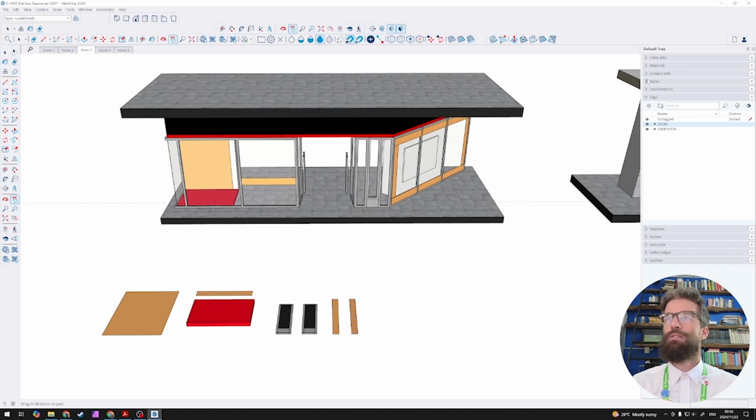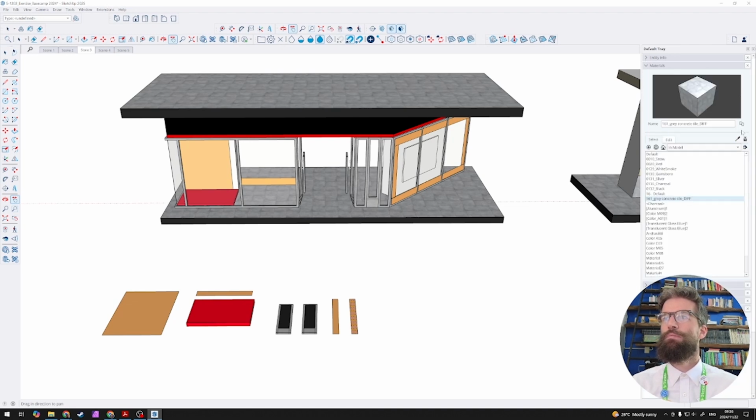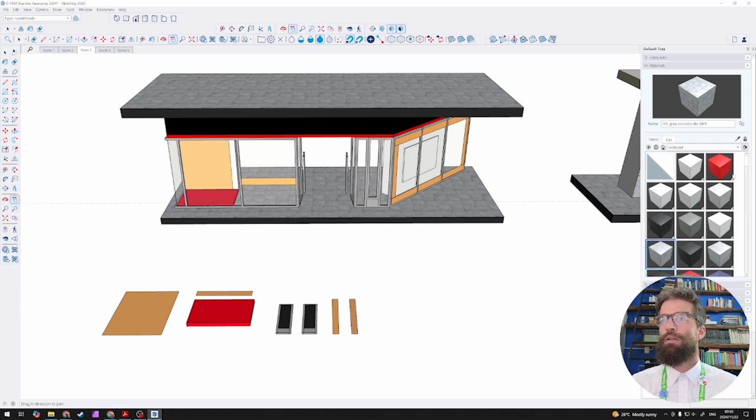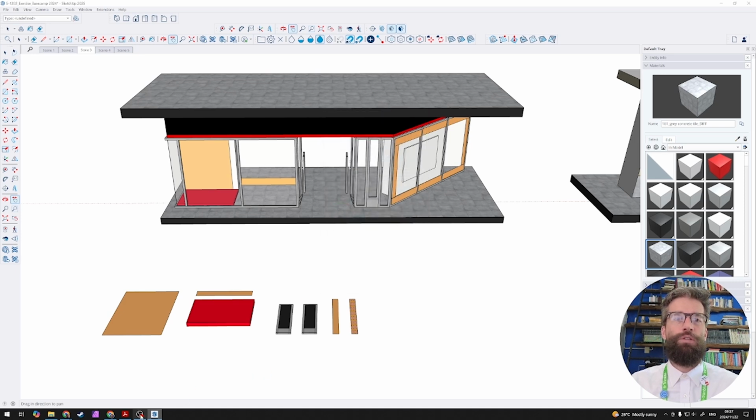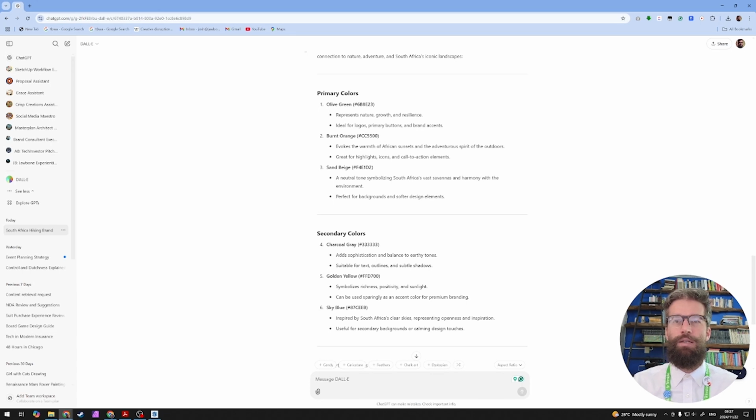Can we use hex colors in SketchUp? I feel like I'm a little bit lost here. Large thumbnails. Let's create a new material. No, we cannot use hex. Okay, never mind. That's not too difficult. Let's rather go back, and for a moment, instead of using a hex color, so okay,